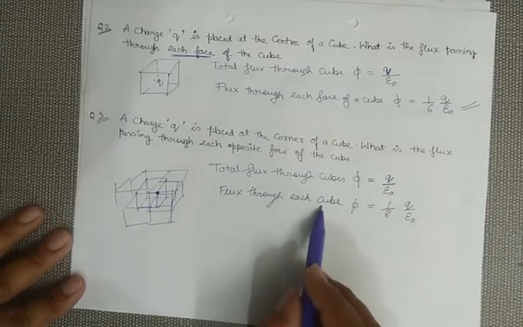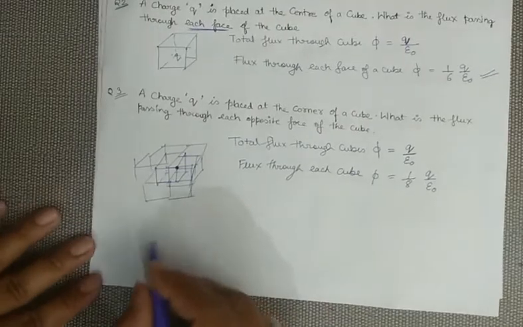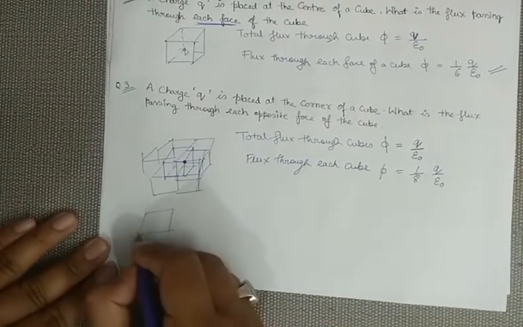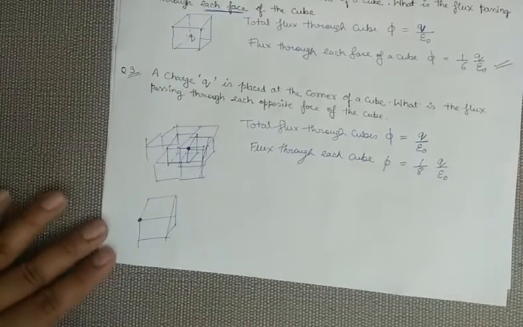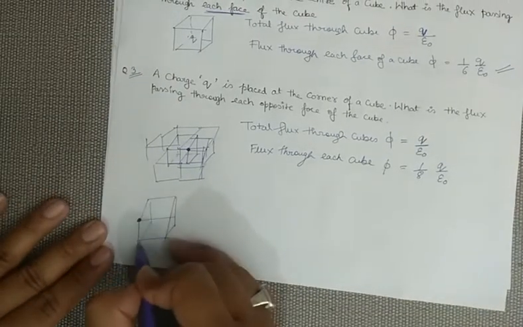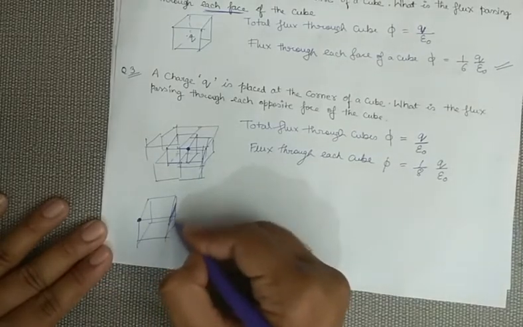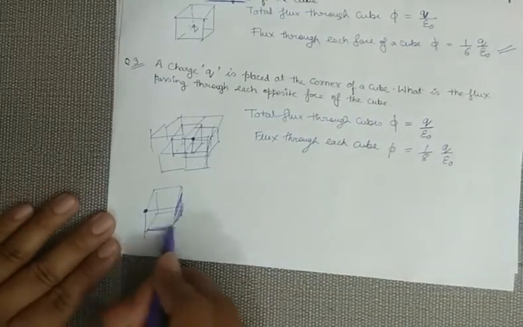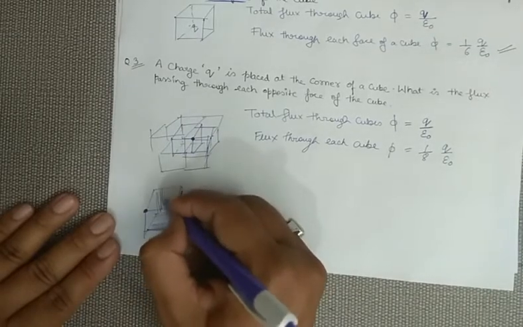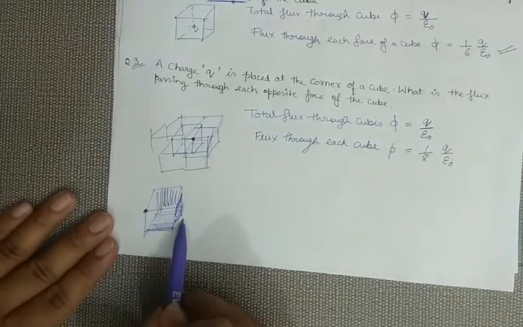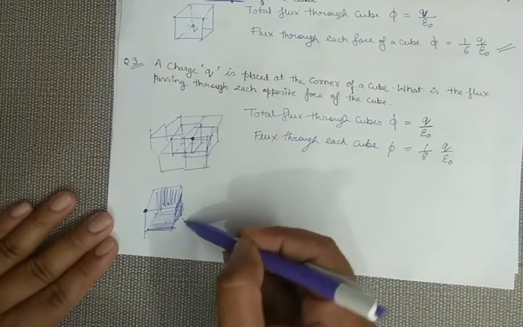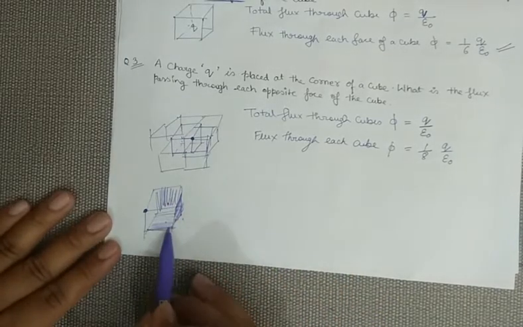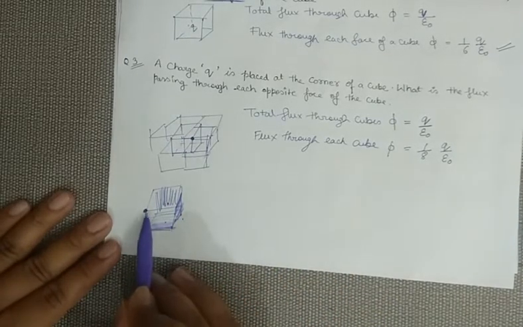Now in this 1, again I have to take the opposite corner. Now see it very closely. Just suppose I am taking this charge here. Now what are the opposite faces of this charge? One surface is this, one surface is this, and one surface will be this. So there are 3 walls. These 3 sides are opposite to this. There are total 6 sides. In 6, this back side, this right side, and this bottom. Back, right, and bottom. These are the 3 faces lying opposite to this charge.